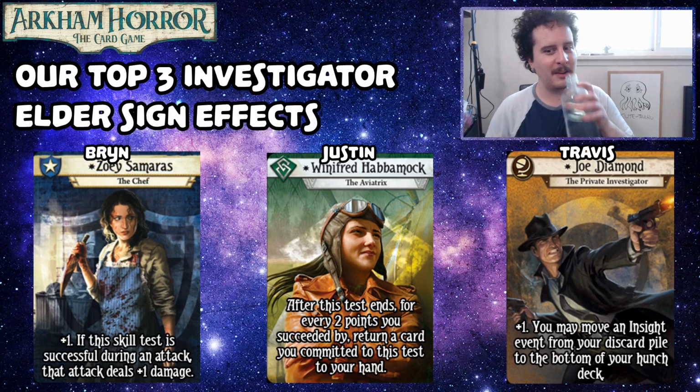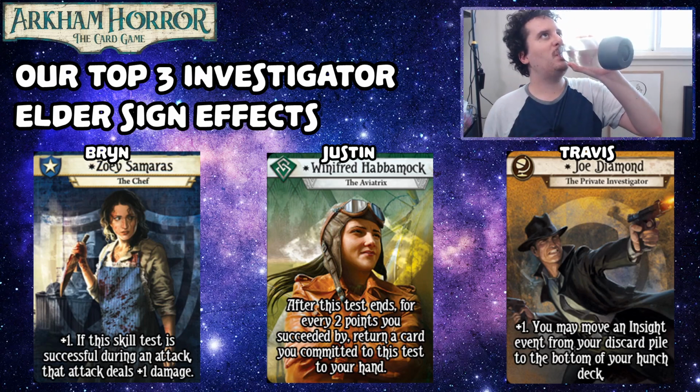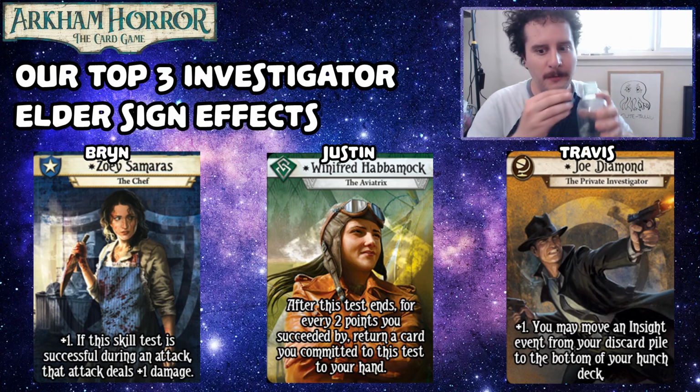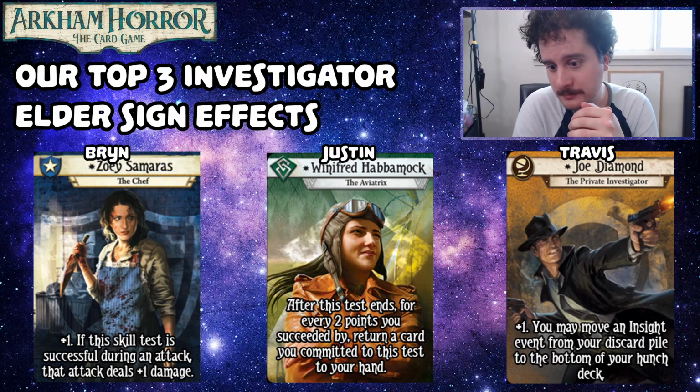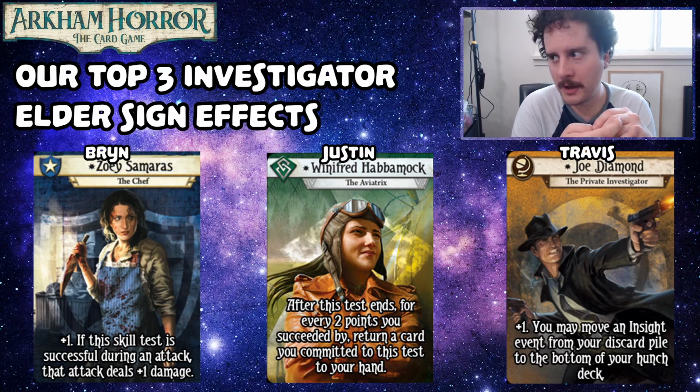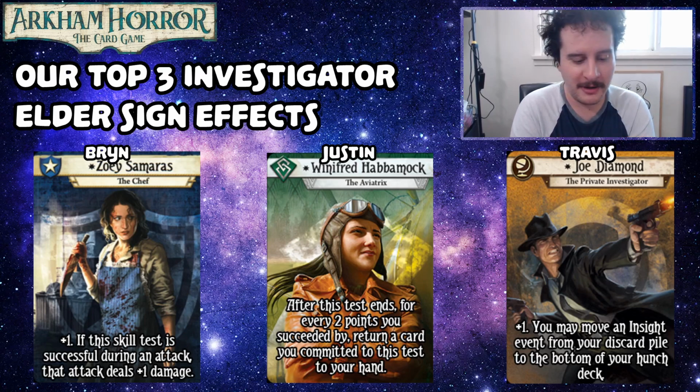It's Joe Diamond. Well, Joe Diamond is not one of my favorite investigators to play in general. I do want to try him again. I feel like I probably didn't do him service. I feel like we always do the investigators a bit of a disservice when we play a campaign for the first time. Oh yeah, like me and Patrice. Oh my god, that was an abomination. We're just like, man, what was I thinking? I think Joe Diamond deserves a second chance from me, but I think that his star effect is really neat in that